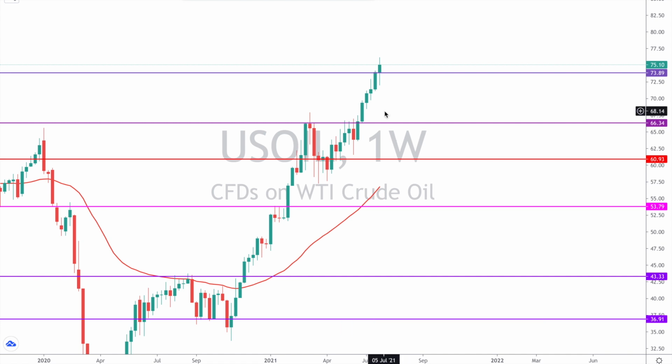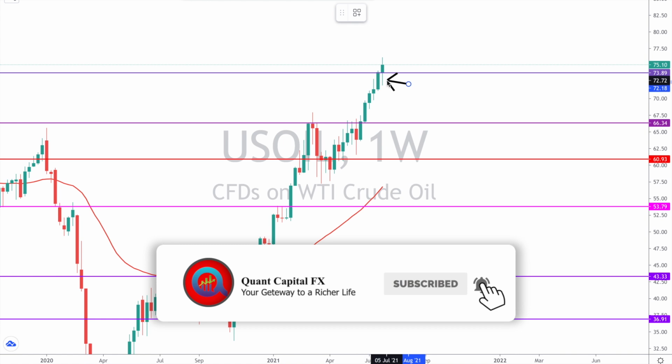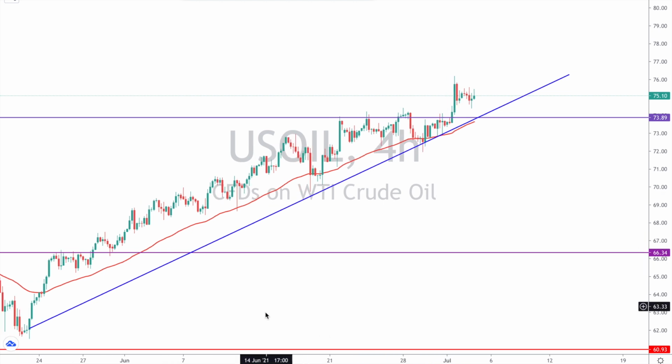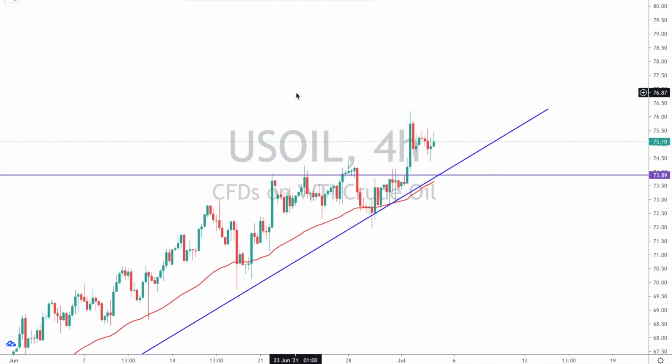So as you can see, price also successfully broke the weekly resistance level, and even rejected it with some candle. As you can see right here, we have some wick which is taken out along the bottom. And with that being said, let's move on to the lower time frames to immediately discuss our ideas for the next week. So here's US oil 4-hour time frame, which is established as this long-term trend line right here. And back to our current situation, as you can see, we also got the area of high confluence